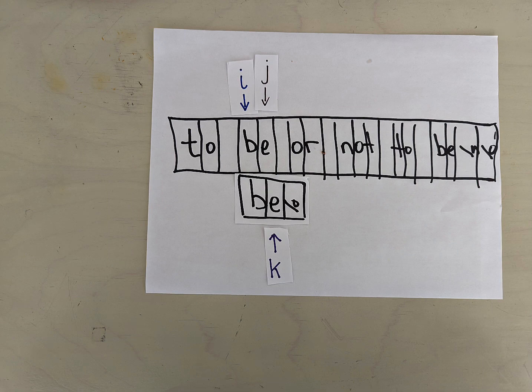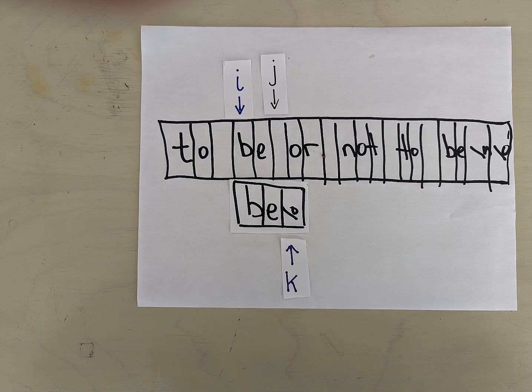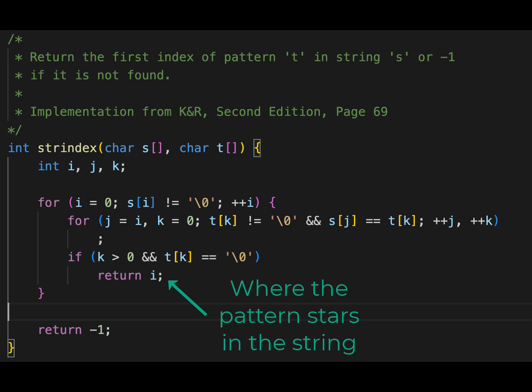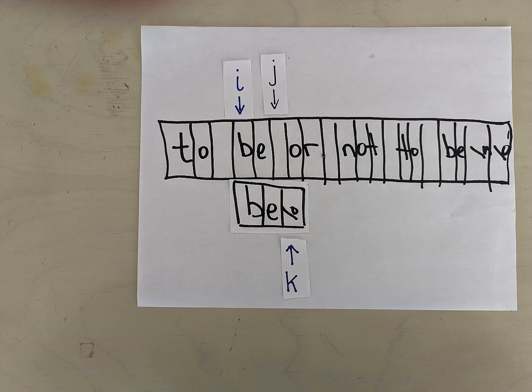And then we're going to keep moving both of them in tandem until we get to the end of the pattern that we're looking for, or we find a mismatch. And in this instance, as we can see, we actually got to the end of the pattern. So "BE", we found that pattern. And the example code actually says, let's go ahead and give back I. Well, what's I? I is where we started from. I is the starting position in the original string that we were trying to find the pattern in